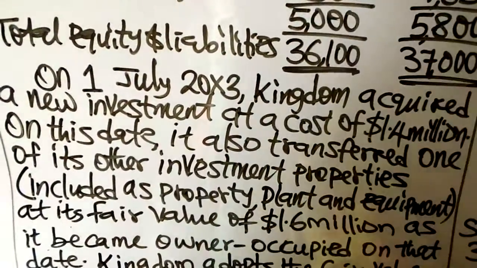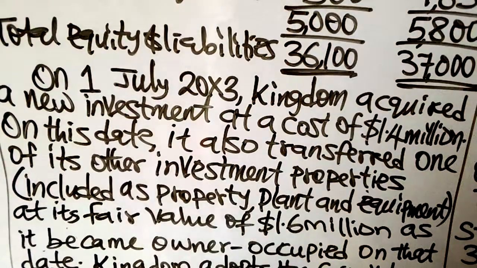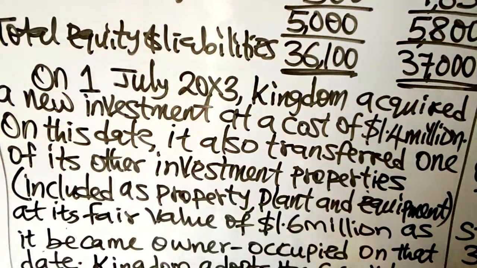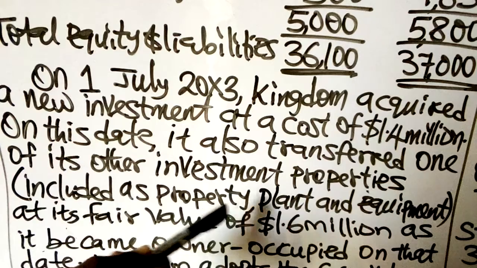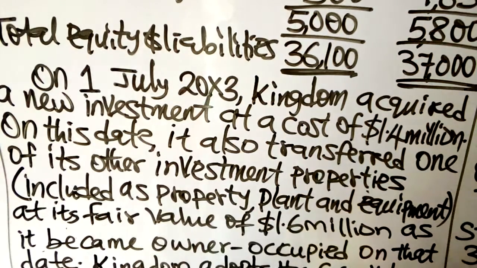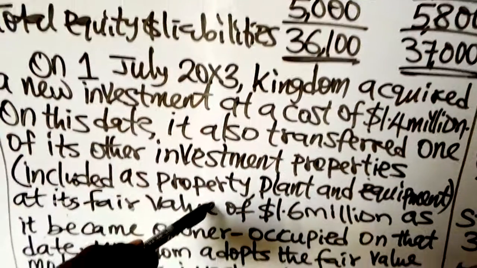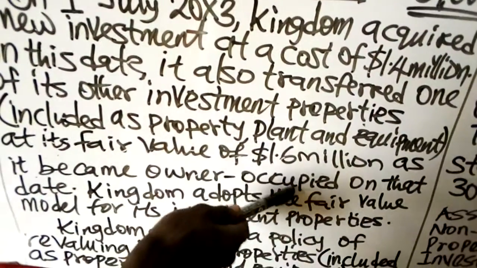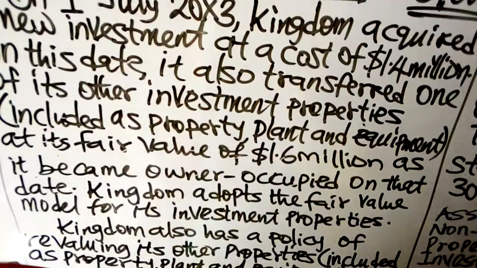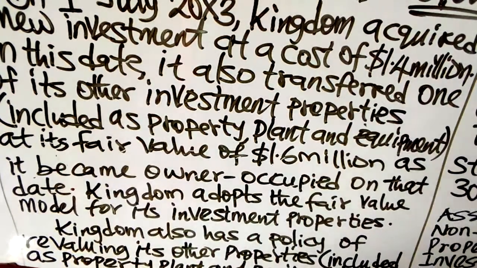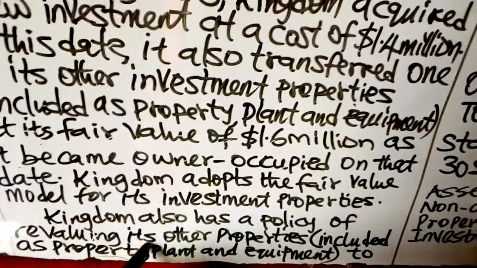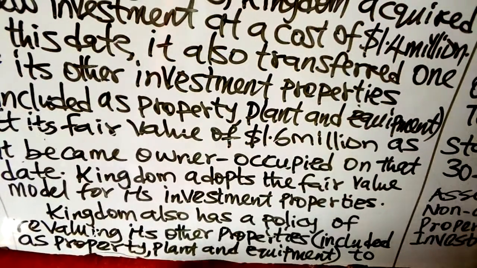On this date, it also transferred one of its other investment properties, included as property, plant, and equipment, at its fair value of $1.6 million, as it became owner occupied on that date. Kingdom also has a policy of revaluing its other properties, included as property, plant, and equipment,